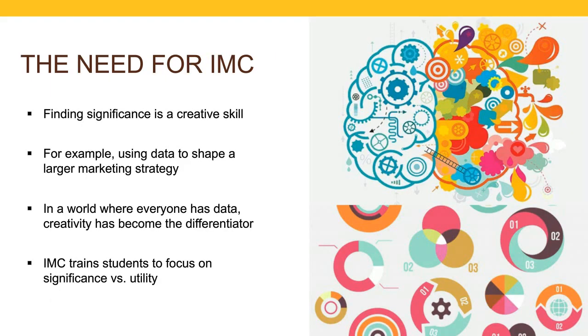As a part of what we do teach in IMC is some ideas that perhaps you don't hear as much in a world where we tend to be very linear thinkers. This is definitely a program for people who are both left brain and right brain thinking. We don't like to think that you're only one side or the other. Part of what we seek to teach in this program is how to evolve all of your skills on both sides of your brain, but speaking also specifically to understanding what to do with all the information that we have